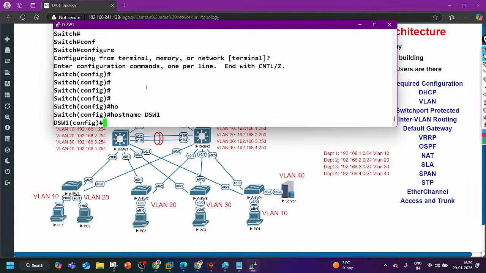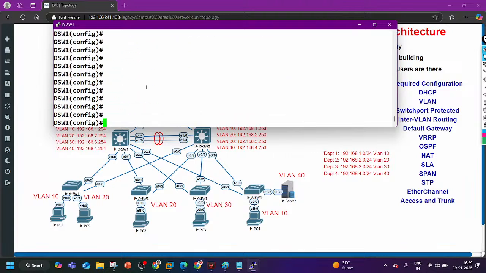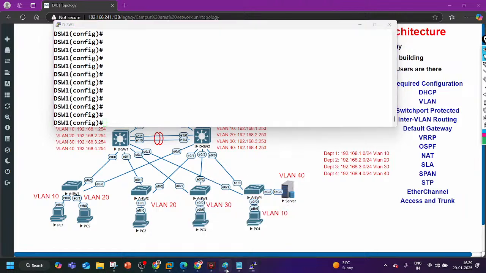Will you teach RSTP also? In CCNP or CCNA? RSTP is also part of STP. There are multiple types of spanning tree protocol. First one is